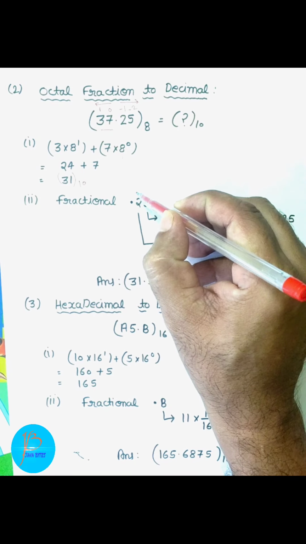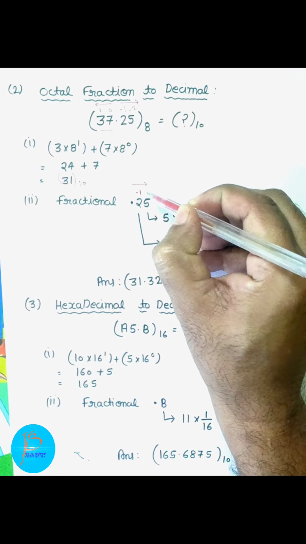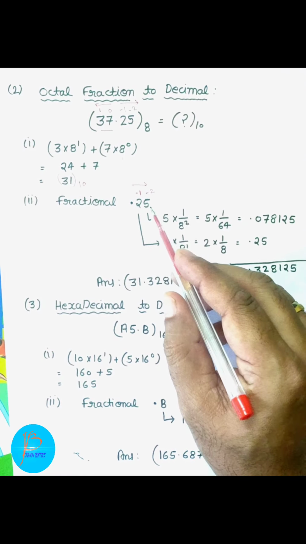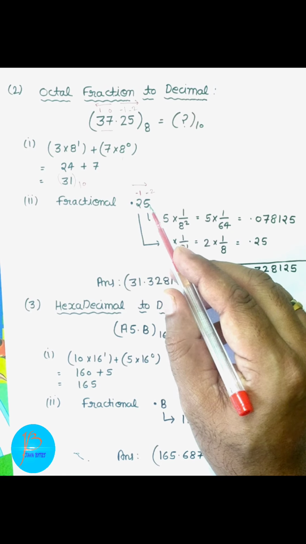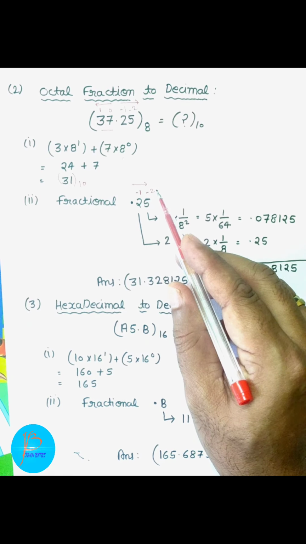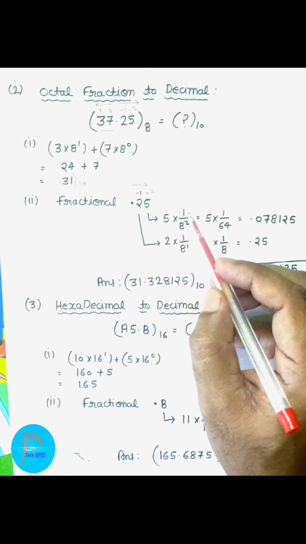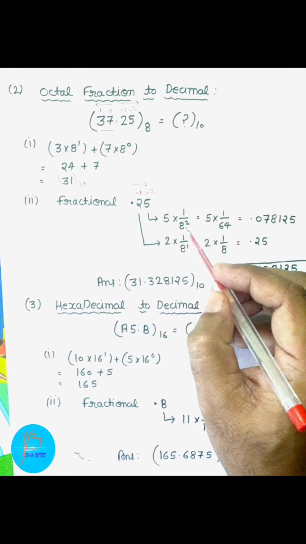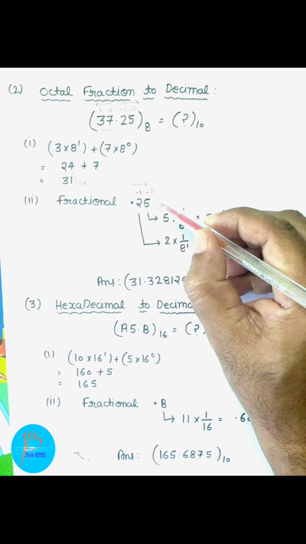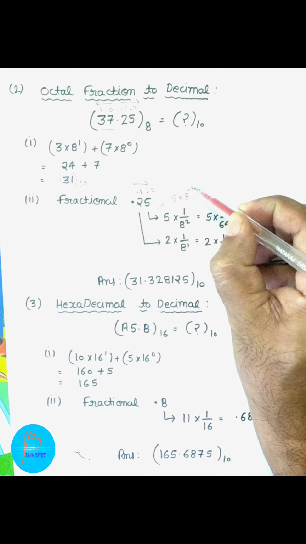Okay, so 0.25, you know that it is having two digits and you have marked them as -1 and -2 from left to right. Okay, so now we can solve this. First you will take the 5, so you know that on the digit 5 the power is given as -2, so we will write it like 5 into 1 by 8 to the power 2. Children, here one step I left. Which one? That 5 into 8 raised to the power -2.